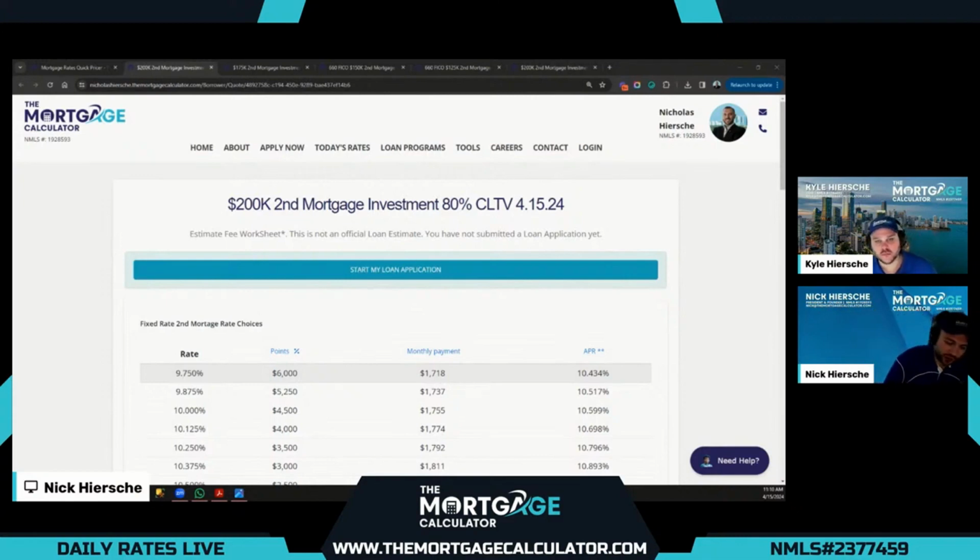So second mortgages for investment properties, very popular request these days, especially as our first mortgages are typically lower rates. We already have an established first mortgage, typically lower rates than what we can offer currently for a new first rate mortgage, especially a cash out. So very popular request. We're going to go through a few examples here of ways we can use these second